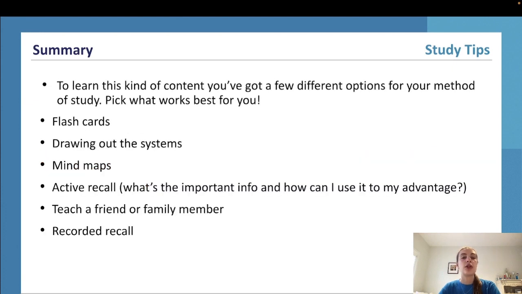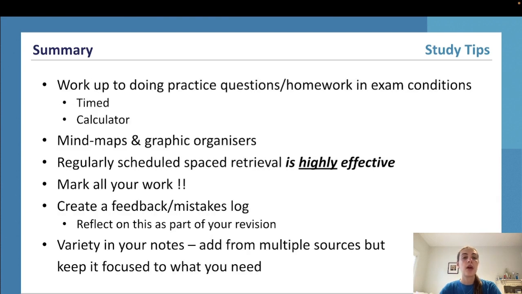The next thing you need to do for learning this type of content, the best way to do this, there's quite a number of ways, and you just got to try out which one works for you. But a few examples are you can do flashcards, you can draw out different processes, mind maps, active recall, teaching the information to someone else, doing recorded recall, doing practice questions and your homework under exam conditions, so that's being timed and using the right calculator, mind maps and graphic organizers, doing regularly spaced retrieval,